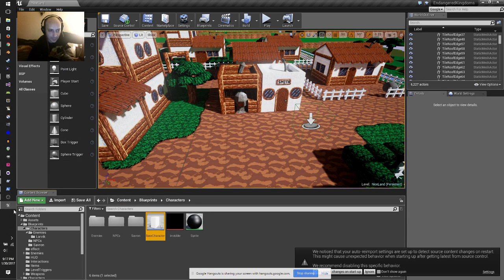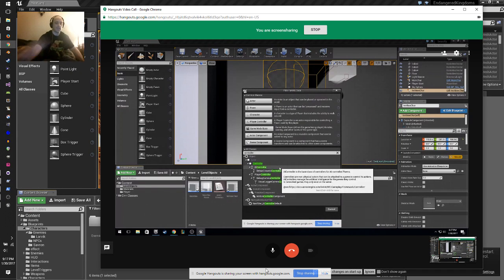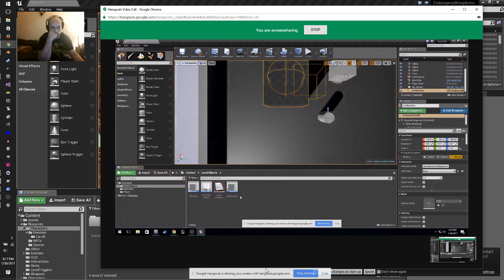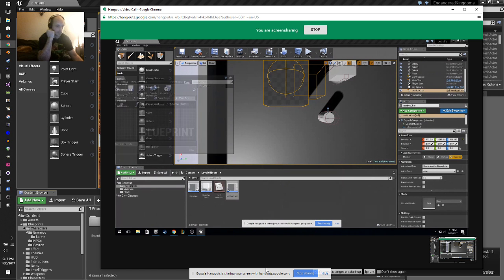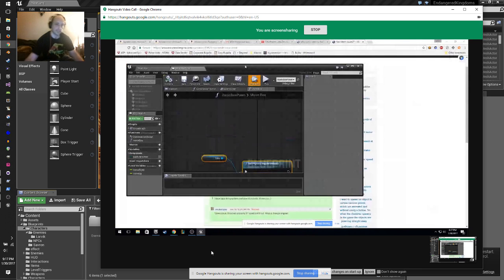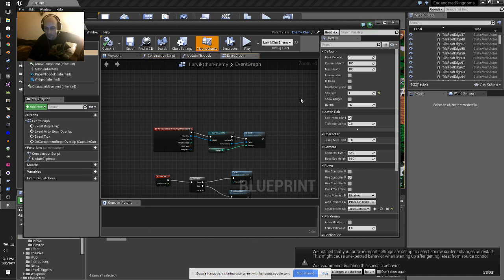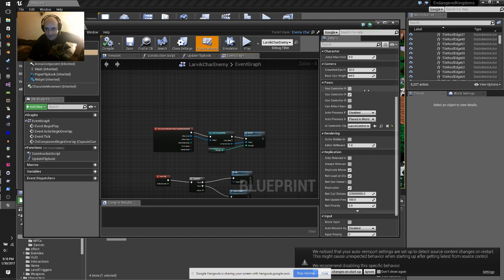I want a controller. Gosh, would we call it an AI controller? I don't think you want it to be an AI controller. I don't want it to be a player controller. You want to just make it a character. Yeah, but in order for characters to move on their own, they need a controller. Anyway, all right, so what is going on here? That needs to go over here. You need to go over there.